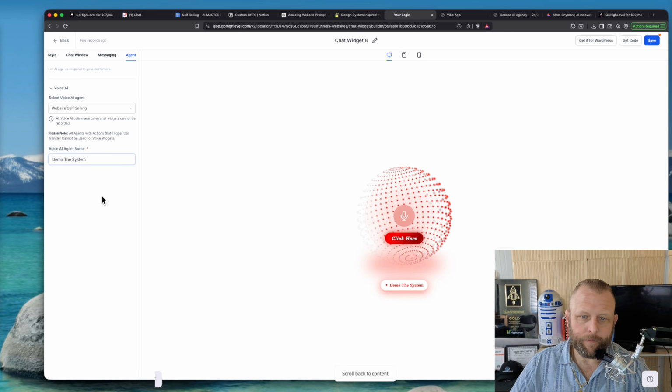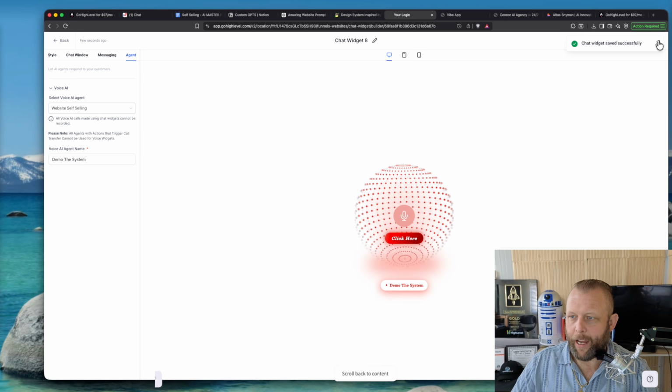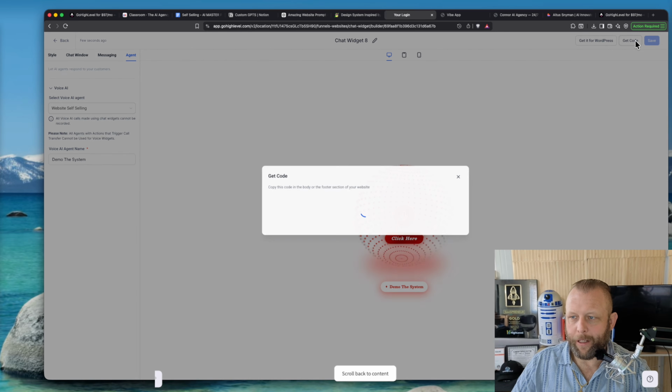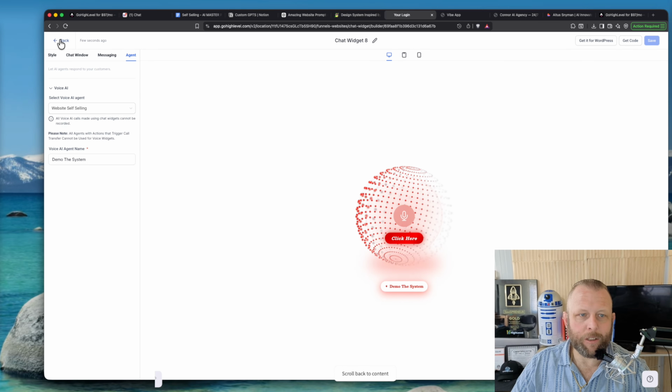Now, how do you add this, you might wonder? So I'm going to hit save in here, and you've got to use the embedded code for this. For all of this, I'm just going to copy this in here. Once that's copied, I'm going to